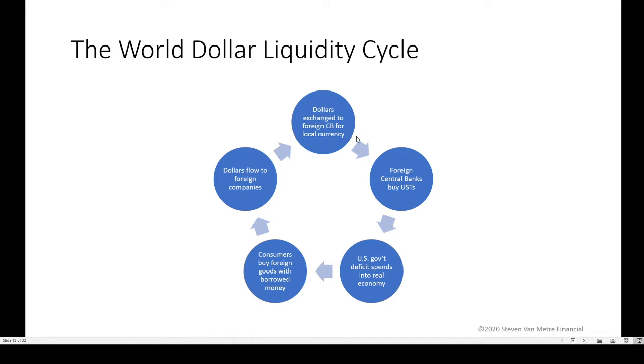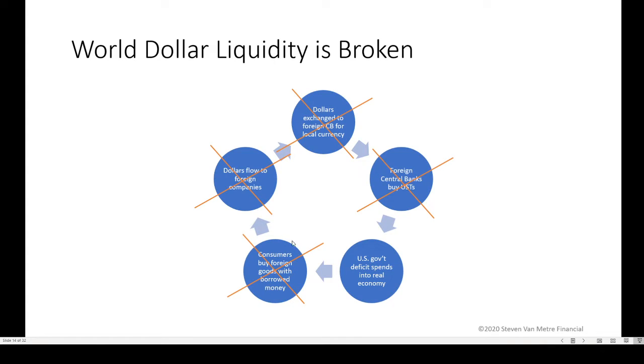of them happening simultaneously. So what happened is, by contracting credit and driving interest rates up, consumers stop buying as many goods, dollars stop flowing, this is a reduction, so I don't mean permanently, but fewer dollars flowed into foreign companies, and what happened? The whole cycle started to slow down because of the Fed, and then this kind of doubled up because of the coronavirus, and now all of a sudden the government has less money in the cycle to spend in the